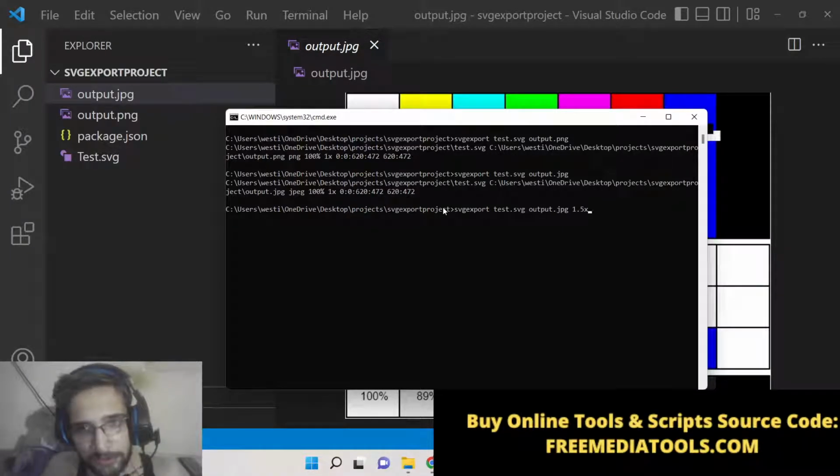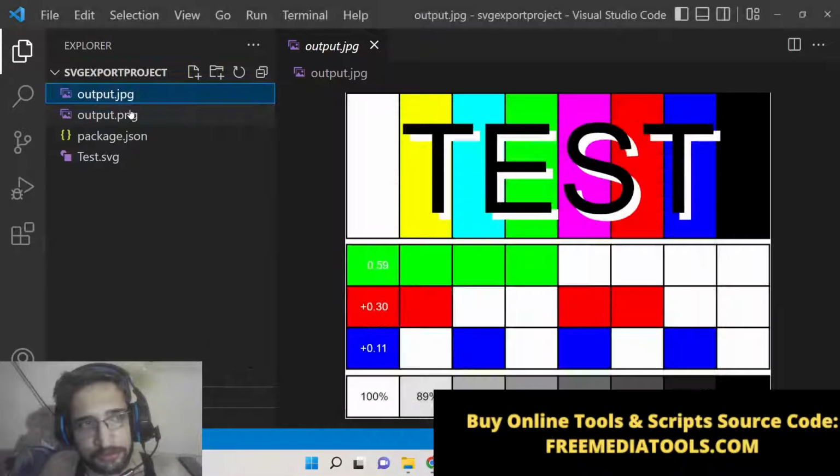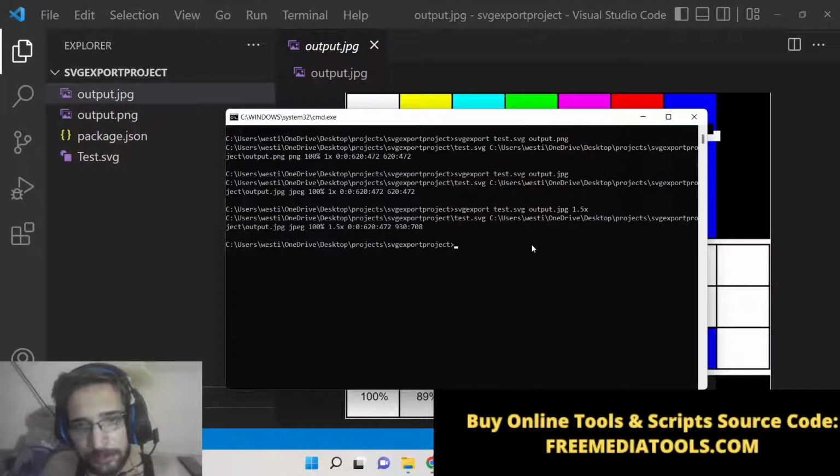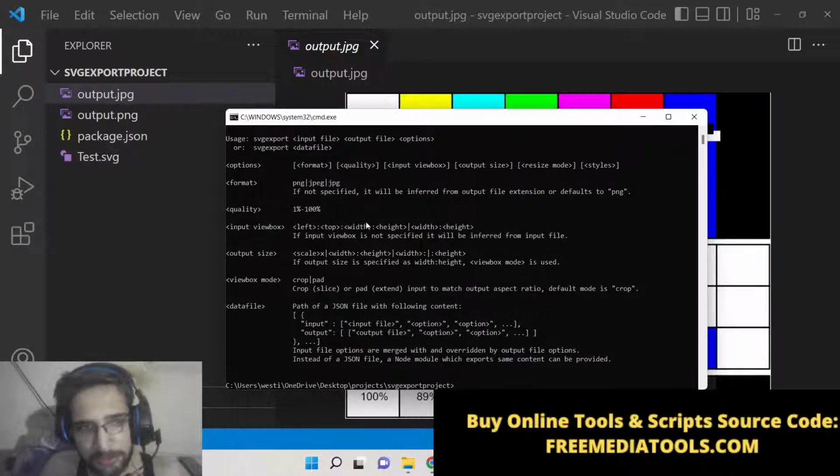1.5x. You can scale this image. If you now open this, the image will be larger. So you can also change the quality as well. I have shown you all these options you can pass here. You will see quality wise SVG export,